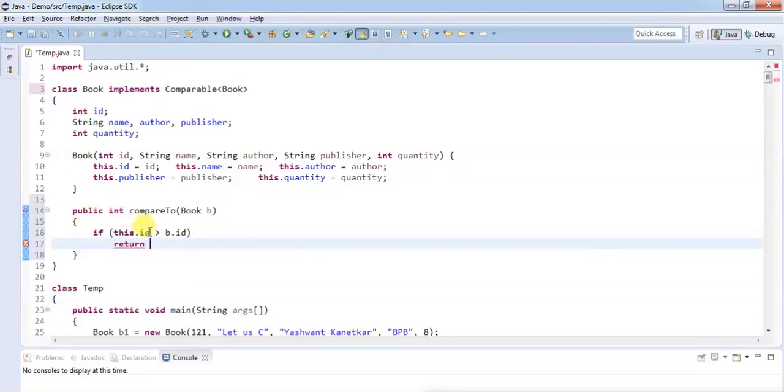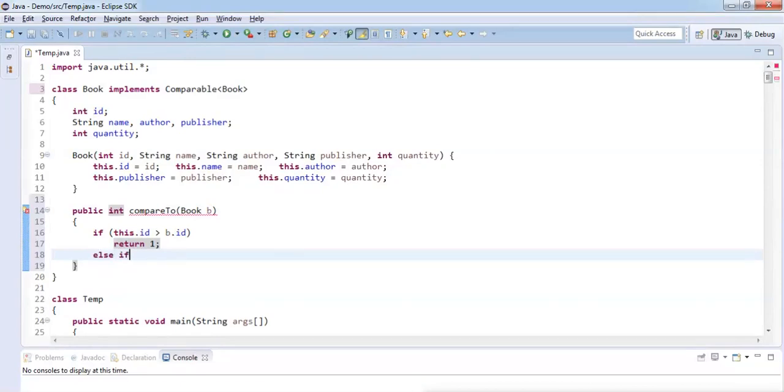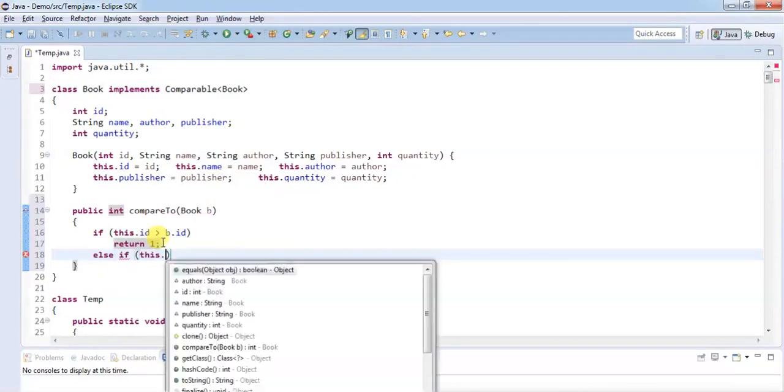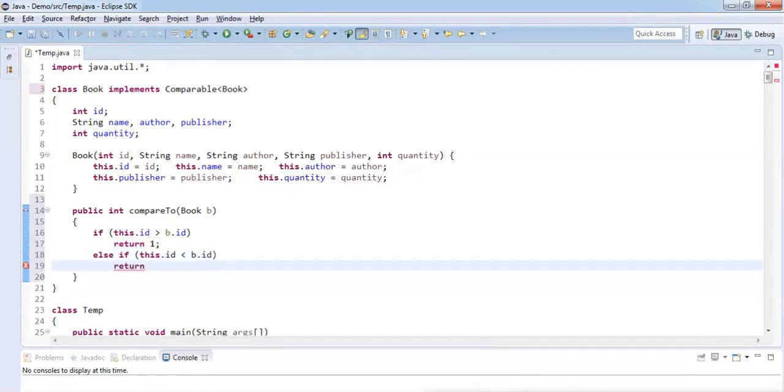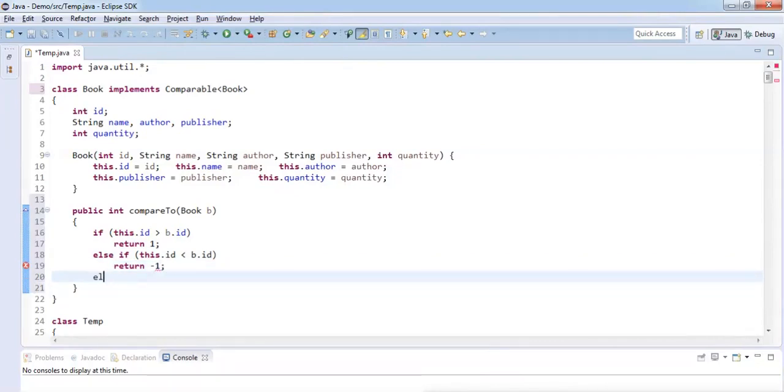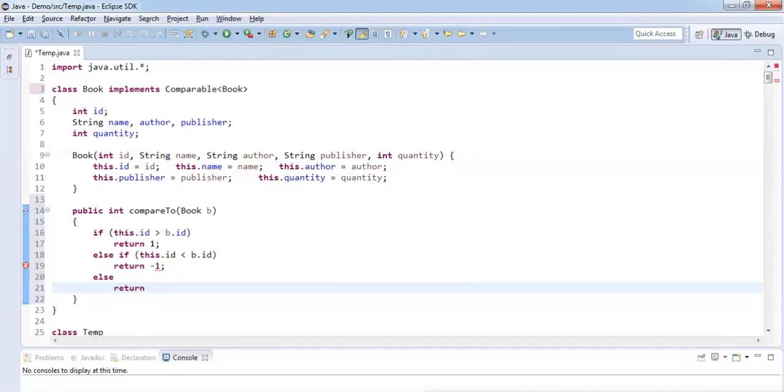If this id is greater than the id of the object which you are passing me, then return a positive value. Else if this.id is less than b.id, then return a negative value. Else return 0, meaning if they are equal, do nothing.